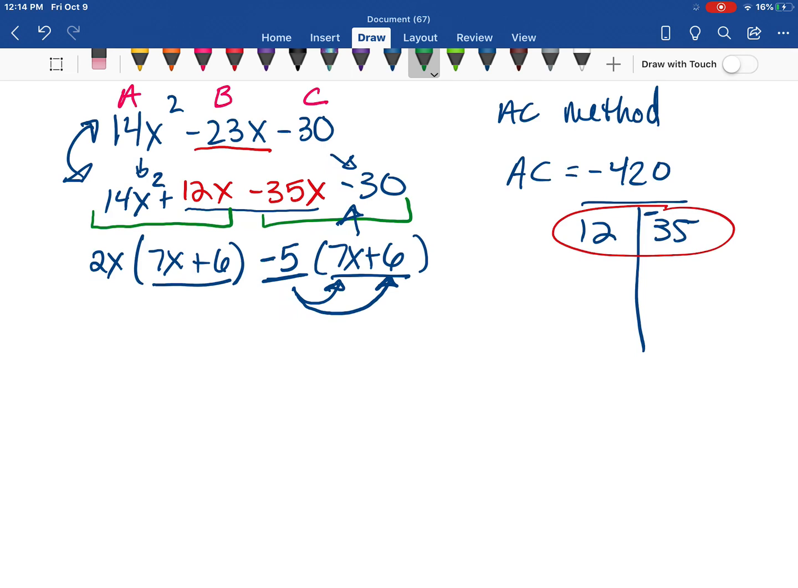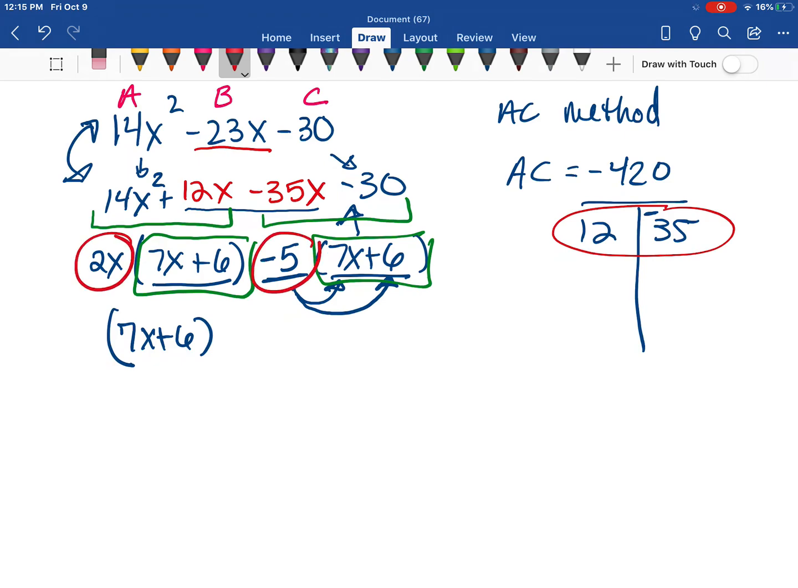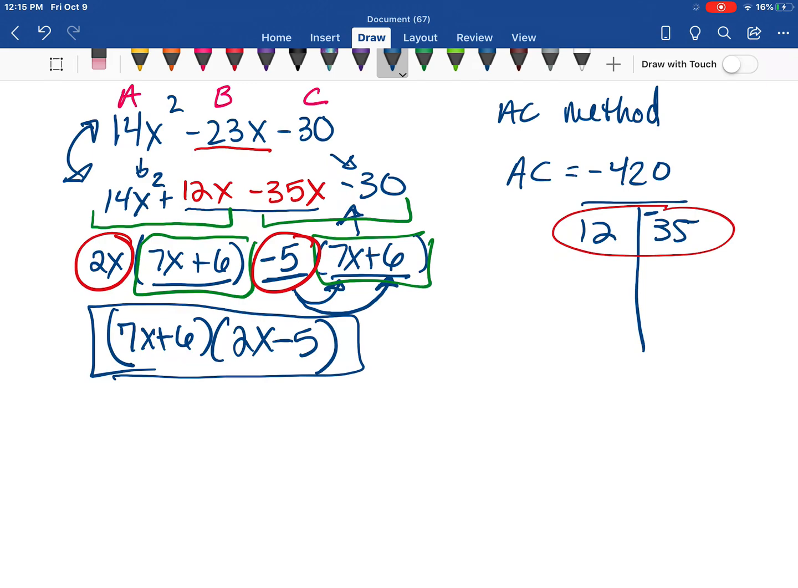So now that we have this factored where I have a 7x plus 6 in common, this term is in common. I have that the same, so I'm going to pull that out. And then what's left over is 2x minus 5. So that's what's left over that goes inside the parentheses. And now this is completely factored. And you can always FOIL it and multiply it back out to check to make sure you get the right answer. If you FOIL that and you get 14x squared minus 23